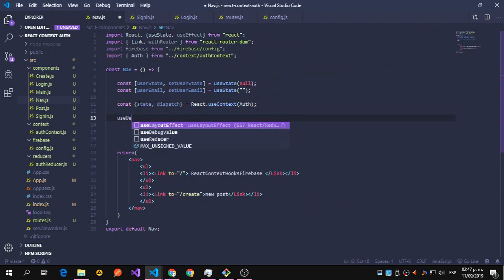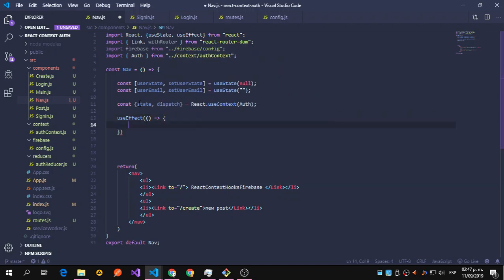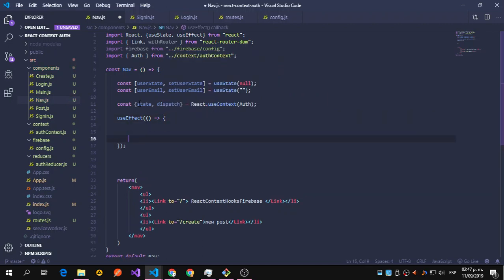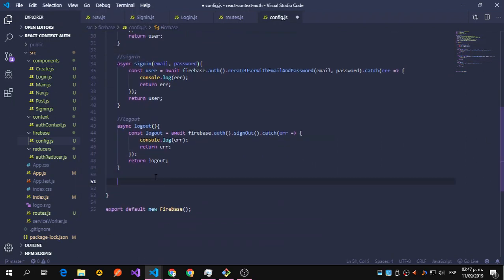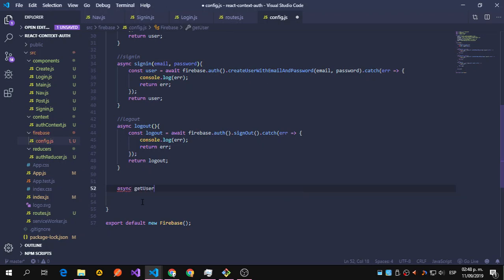Now, inside use effect, we're going to check, but we need another function inside our configuration or Firebase. So let's come back here. So this function is going to check that the user is persisted, that the user is logged in. So we're going to say async get user state